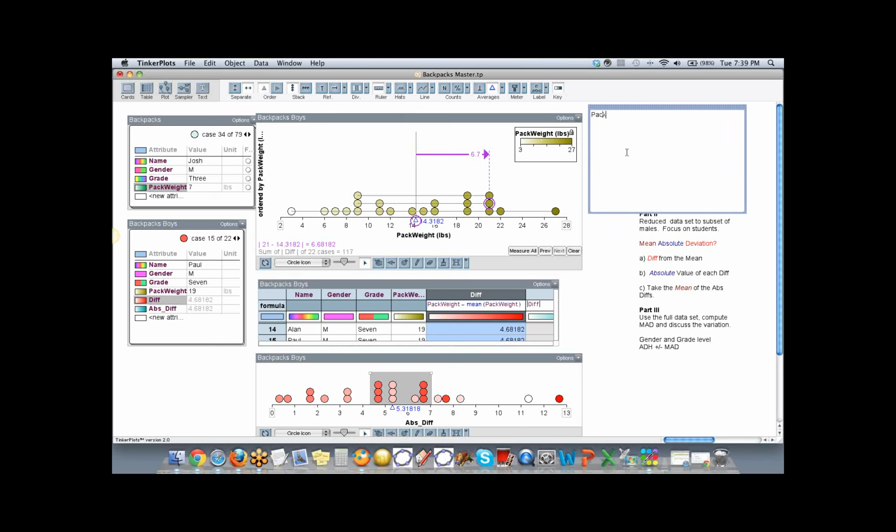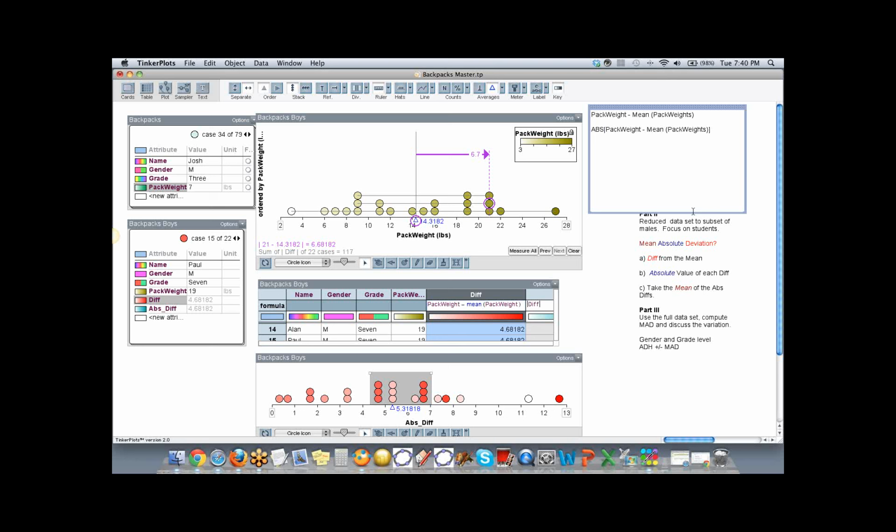Well, what did I do? I had pack weight minus the mean of the pack weights. And then we took the absolute value of all of that. So here, let me see if my copy paste works. And maybe brackets would work better there. So, Shannon, is this what you were asking about? Putting the formula up in a text box?